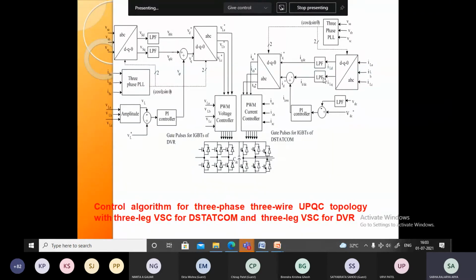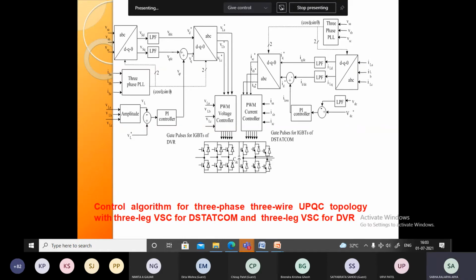From the load current you can find the reference current. So you convert ABC to DQ. The D component you can add with the output of the DC bus voltage PI controller. This is a mistake they have written. So the D component is directly added with the PI output, and you have a modified value of D. And the Q component you can connect directly, because we have taken Q from the series filter. After that, convert DQ to ABC. After conversion, you have ISA star, ISB star, ISC star.